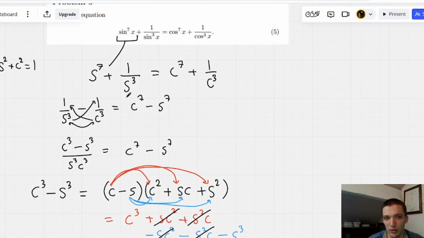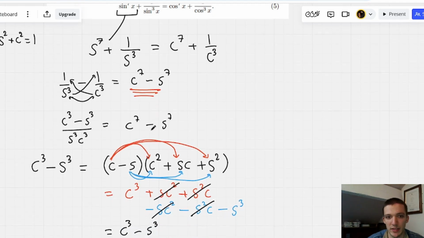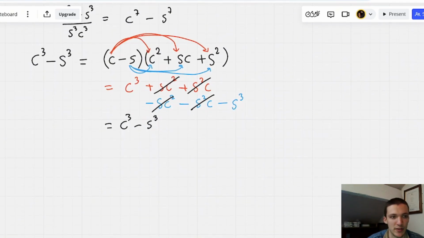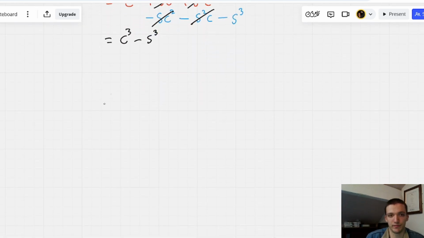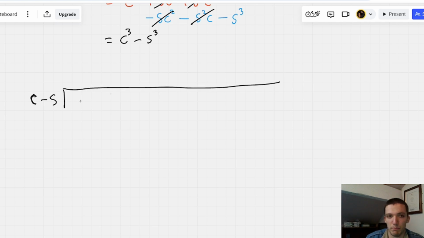Now, can we factorise this polynomial? And this is the one that's going to take a bit of work. So c to the power of 7 minus s to the power of 7. Let's see if we can factorise it, and then we'll come back and do some stuff here. So what I'm going to do is set this up like it's an algebraic division. So c minus s is probably my factor here, and here's my big old bus stop, and I'm going to write c to the power of 7 minus s to the power of 7, and I've left a huge space in here because this is really going to be plus